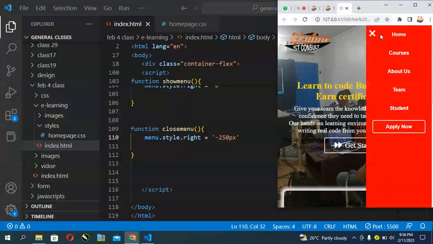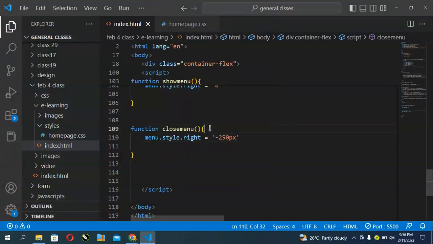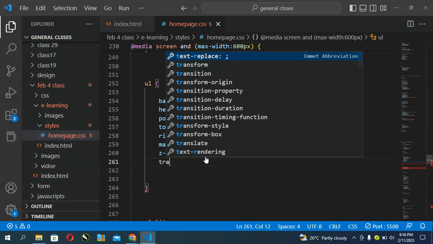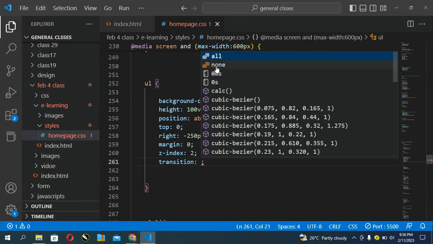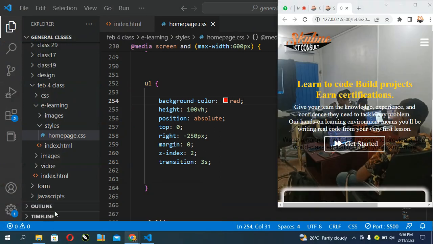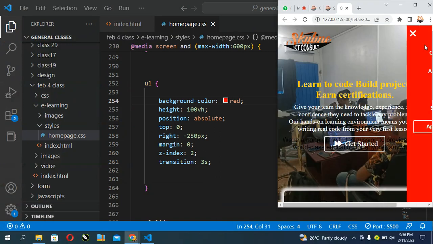So this is very simple. Now I want to add a transition, a power transition. So I want to add a transition on this, transition to three. Three is too big, but notwithstanding. So when